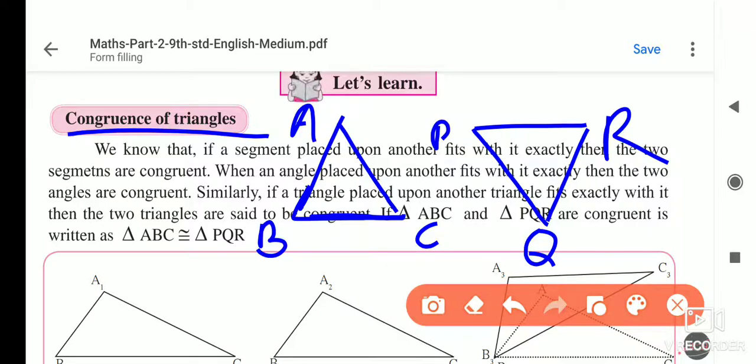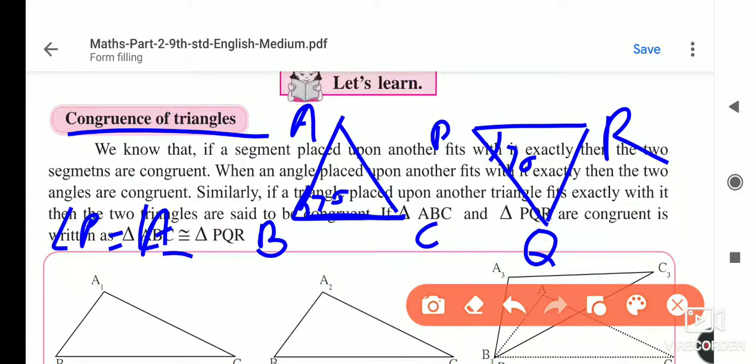Now when we say that these two triangles are congruent, suppose this angle's measure is 70 degrees, and here angle P is also 70. So angle P is equal to